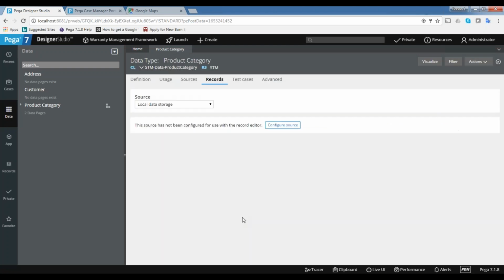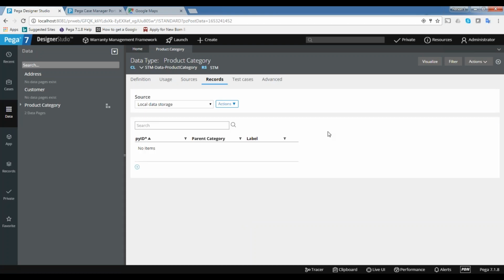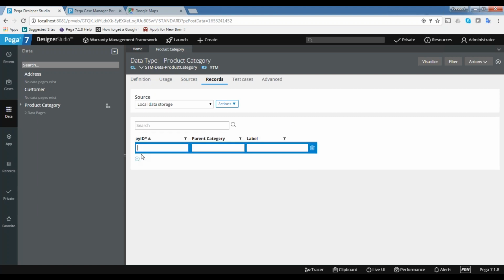Okay, now this is the columns, close it. So now once you close it, you can see the columns will be clear. If you want to add the data for this, just click plus symbol. So you don't need to have any SQL knowledge. So you just click plus symbol and add product categories: product ID, category ID, category name.